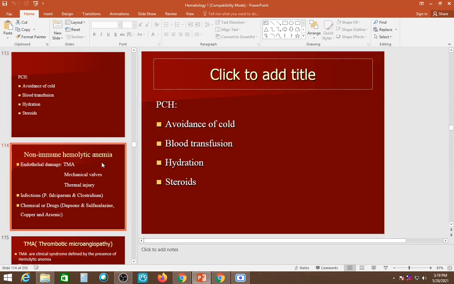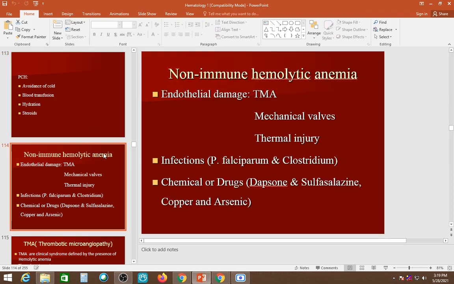Okay. So now we'll talk about the non-immune hemolytic anemia. Under the non-immune hemolytic anemia, as I told you, the extracorpuscular defect acquired, we divide into the immune and non-immune, because although the classification I have given before is the same, I make it this way so that it's easier for you to know whether it falls under that or not. So under the non-immune hemolytic anemia,